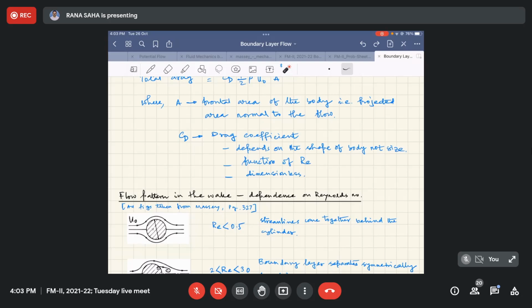Wind tunnel is one means of experiment where you can have different types of flow situations. For example, this typical video that you can observe is a numerical result. This is just an animation for a fully developed flow. Now, if you want to see some kind of experimental observation,